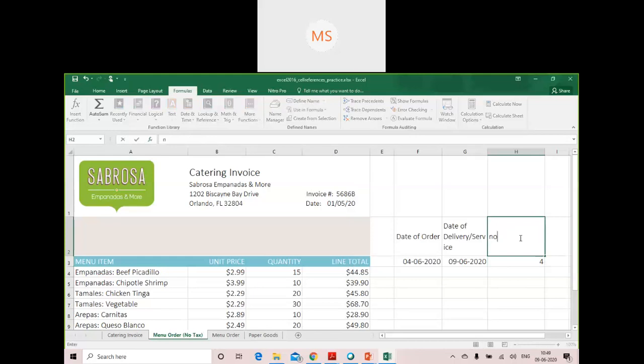I can put the heading number of working days. So this is the number of working days it took. This is how you can perform this operation also. So this is how different functions can be used by us.